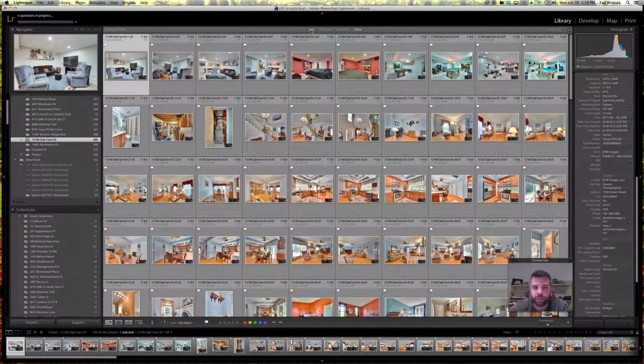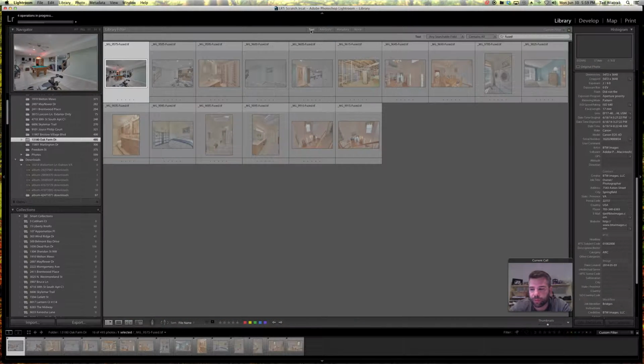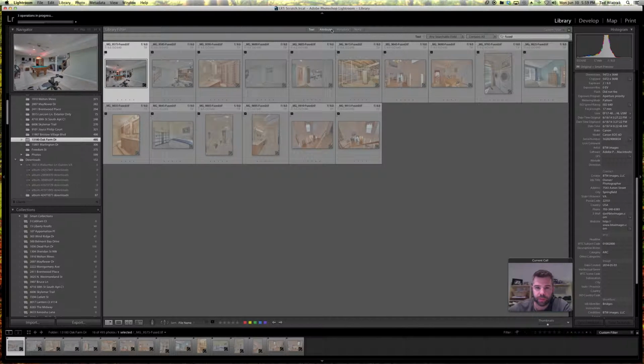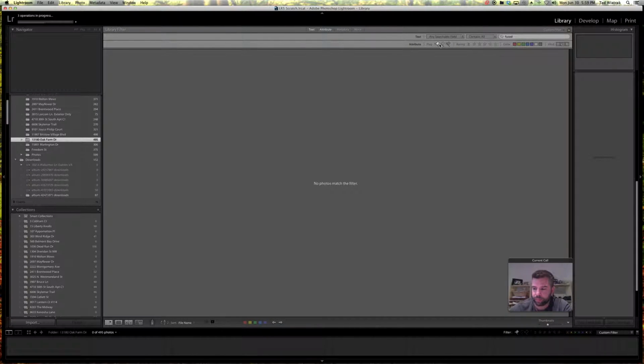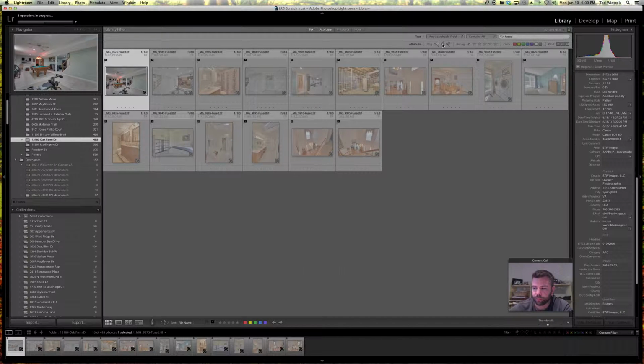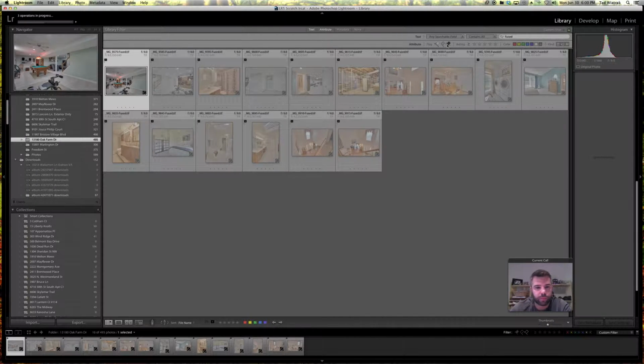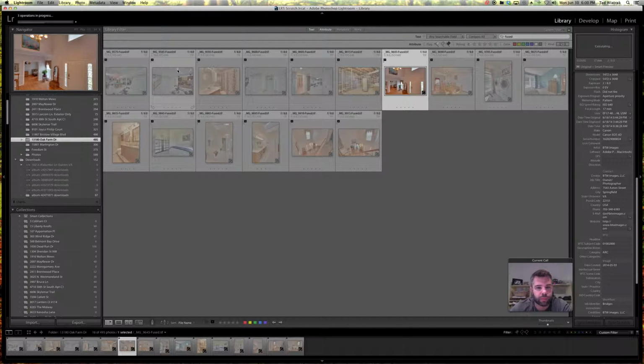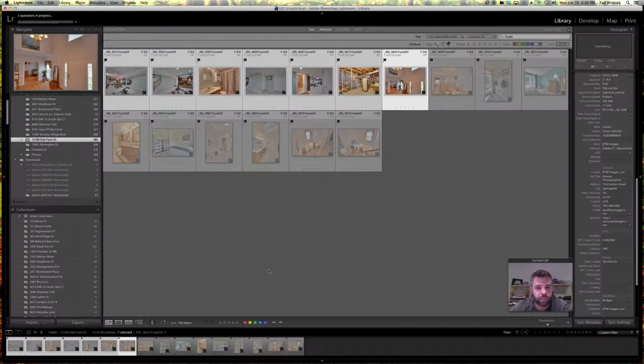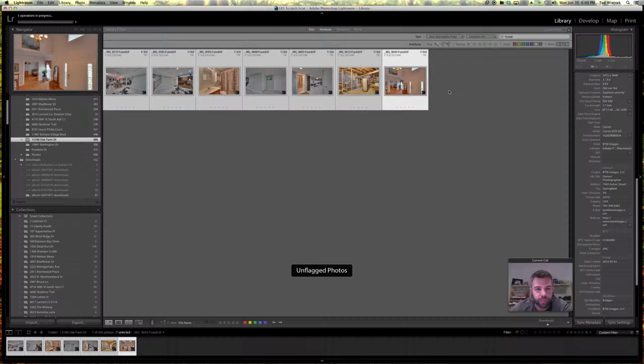So then what I usually do is I set up a filter up here, any searchable field contains the word fused. And that will give me all mine that I need to do to develop. And I'll also set the attribute to give me all the ones that are unflagged. So, say for these, and the reason why I like that, I got fused on the end, and I got the unflagged ones, so